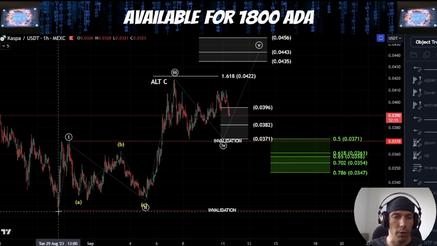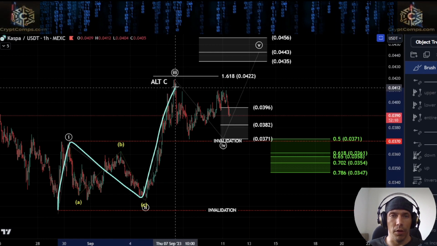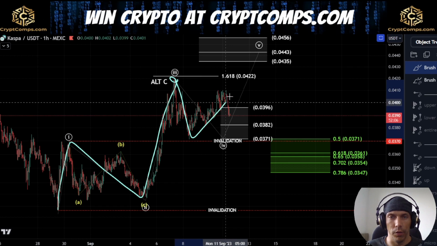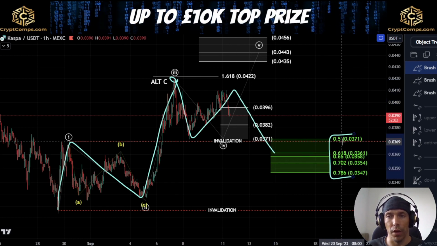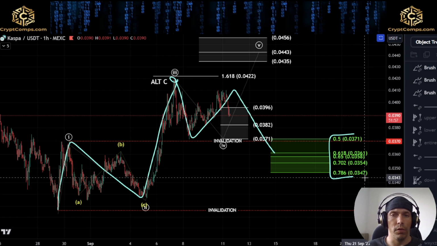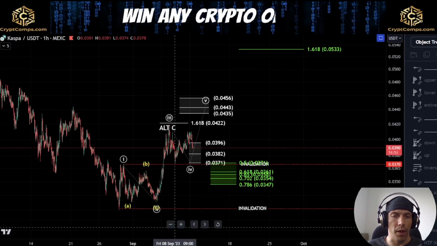The other thing I'm looking out for here, if we do look at this as 1, 2, is that if this is a completed 5-wave move into this high, it is also possible we could see something like this as A, B, and C, looking to target out this lower green target box here of this 0371 to this 0347. Now, this would be a much more bullish idea here,